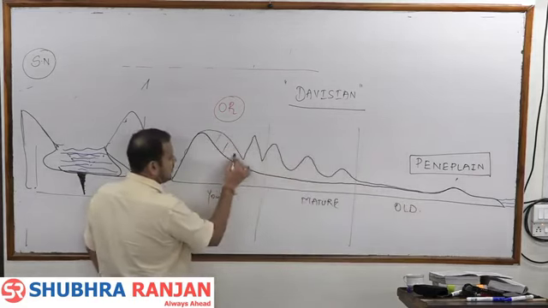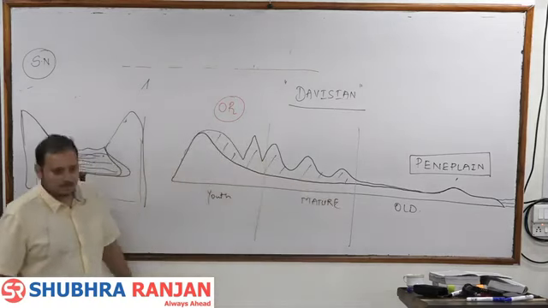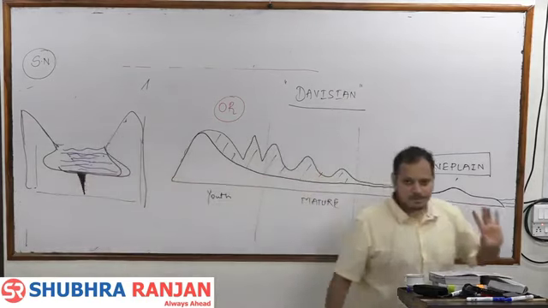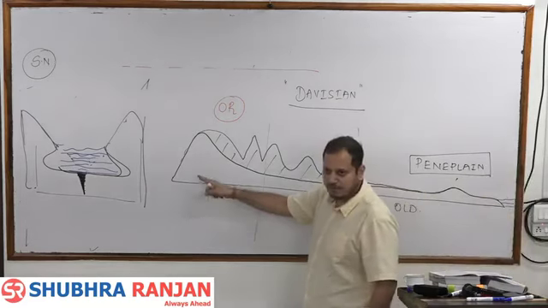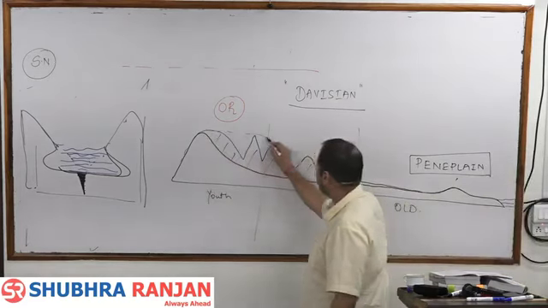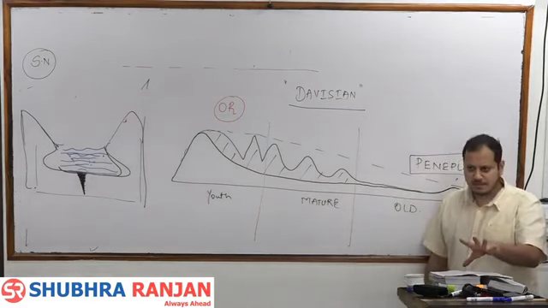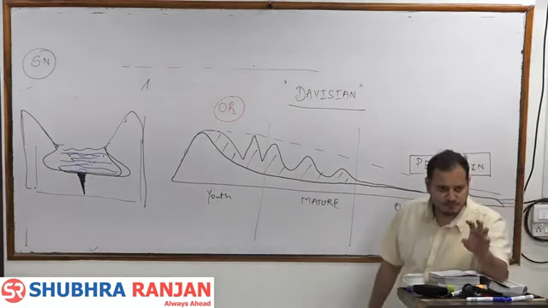You will not understand that diagram right now, it will be highly complex. But this diagram is nothing but V-shaped valleys, U-shaped valleys, and then peneplain. Fine. This is the initial height of the landform, and ultimately this initial height of the landform will keep on reducing and become a peneplain. So this is how the diagram is. So no need of drawing a diagram, we should just know some of the examples. Right?